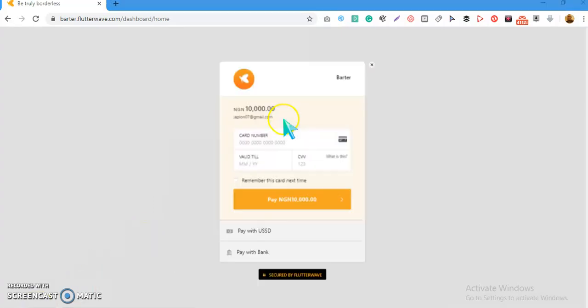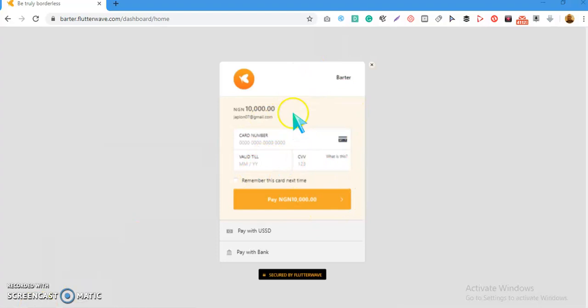So it's very simple. There's no difficulty. It's just like purchasing stuff online. If you've been buying products online, then you'll be able to do something like this. So you just pick up your ATM card, and you'll be able to fund your account directly from your ATM card or whatever means you want to use to make payments.